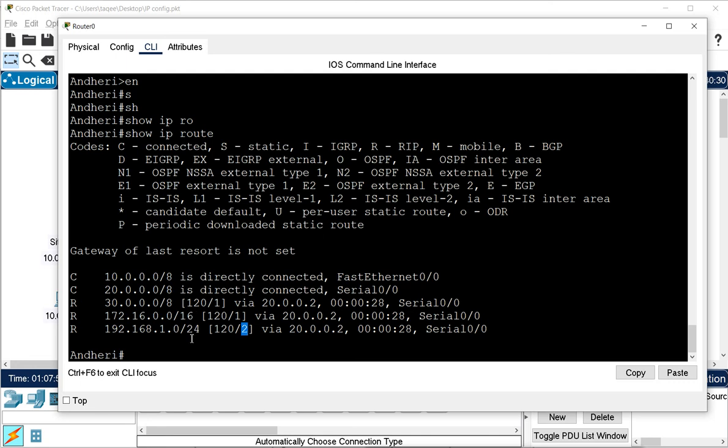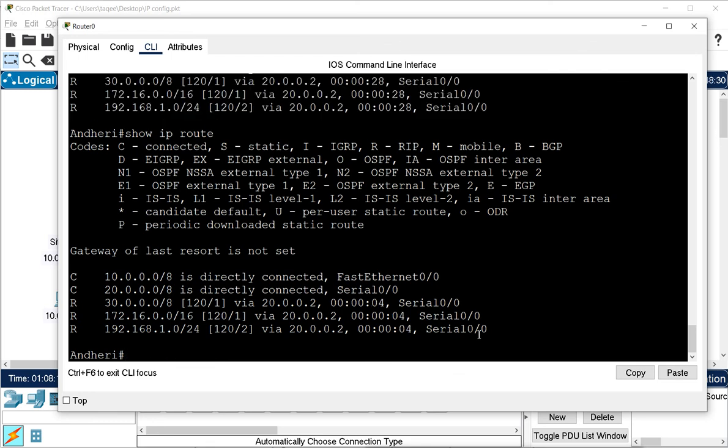Now you see the outgoing interface also, it knows that I can go to that network through this interface. Then also you see the time here. This time will change. Let's see, when I run the command again, you can see it is now 4, 7, 8, and you see it goes up to 30.